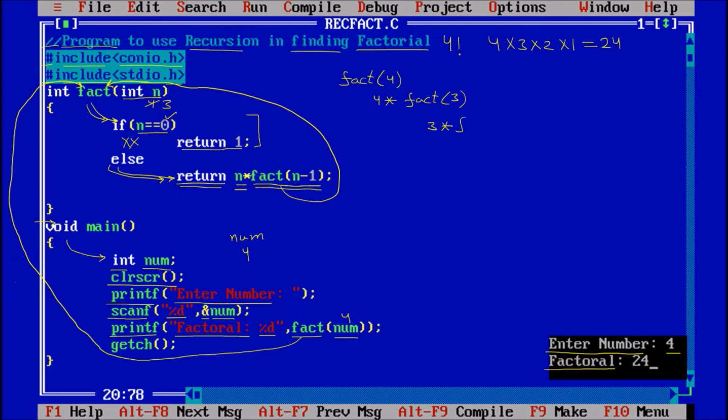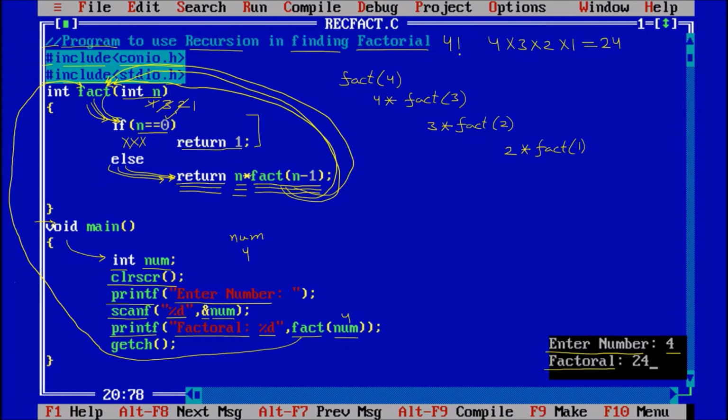It is again calling the factorial, that is 2. So it is calling the factorial function again, but this time the value of n is 2. It is coming inside and checking, is n 0? No, n is 2. The true part will not run, the else part will run. It is saying return n into. So the value of n right now is 2 into fact(n minus 1). So here it is saying factorial of 2 minus 1 is 1. Again calling the factorial, and the value of n this time is 1.